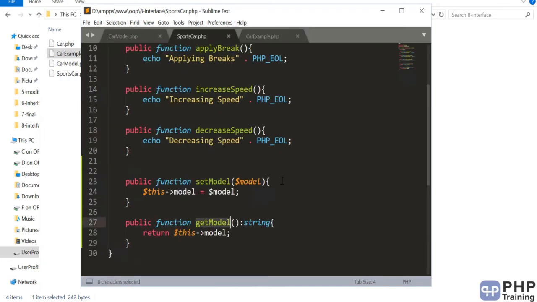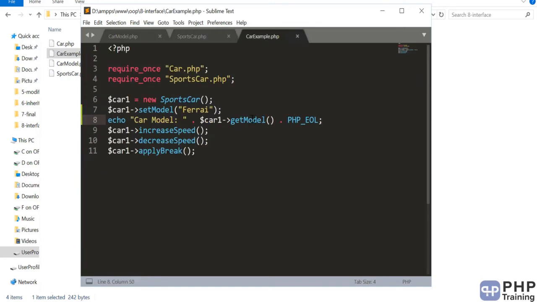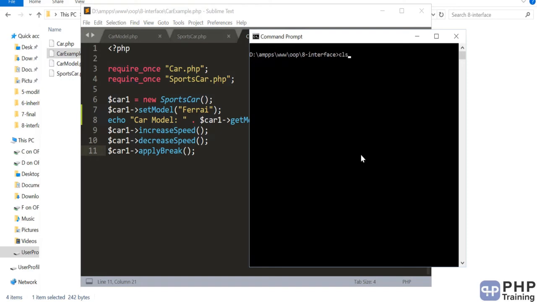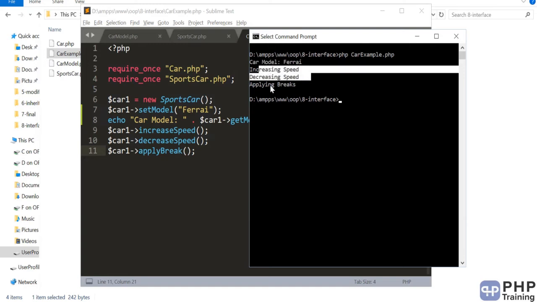So sports car have this get model, that's what we are calling it here. Okay, so let's execute this. We have the car example, so let's execute car example. So you have your car model Ferrari, increasing speed, decreasing speed, and applying brakes.